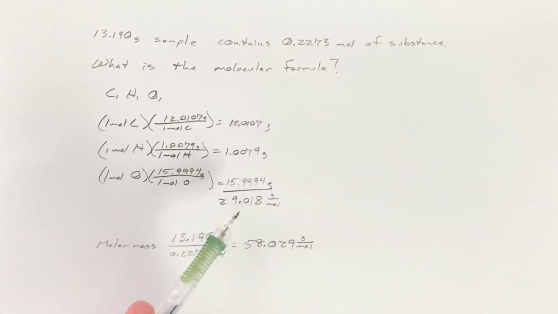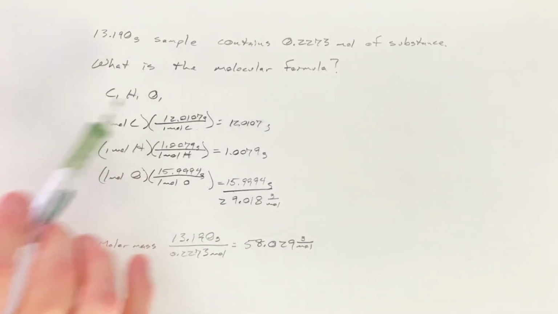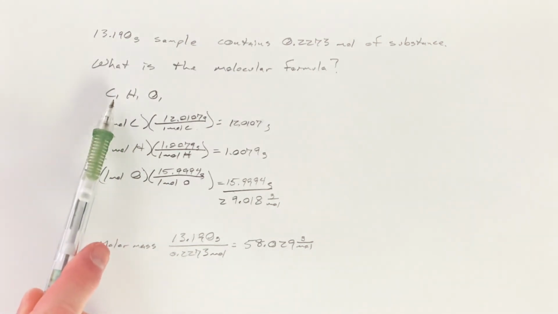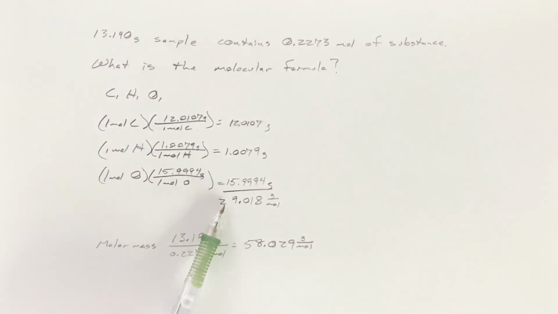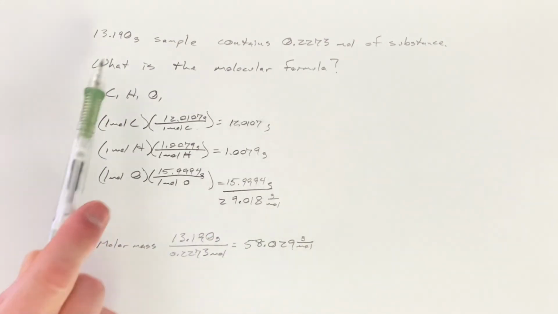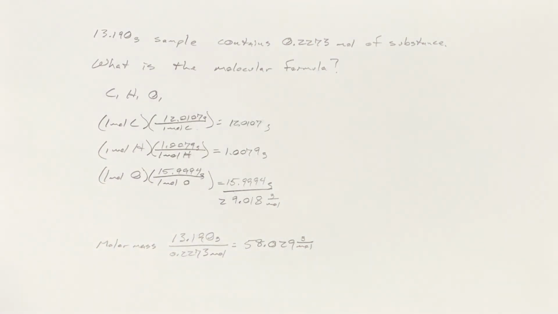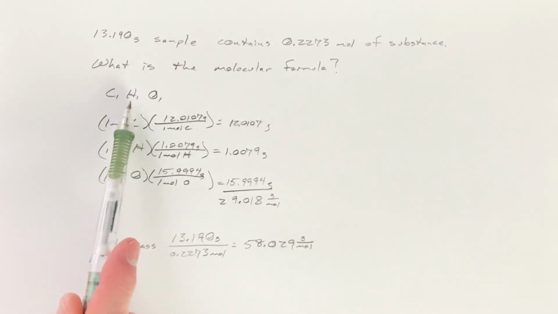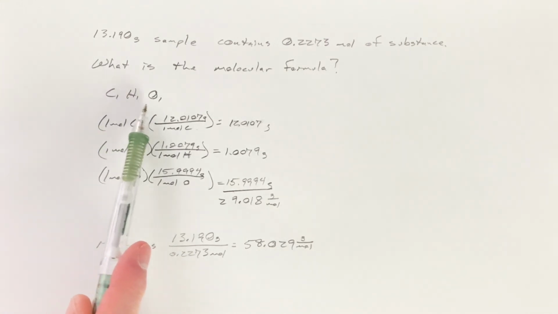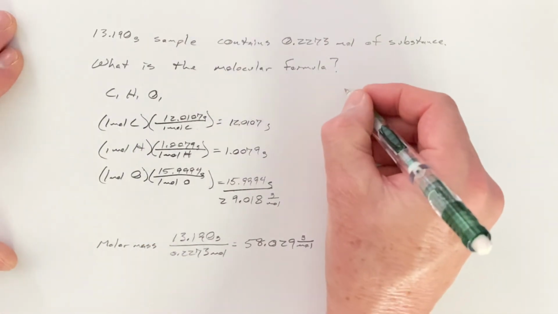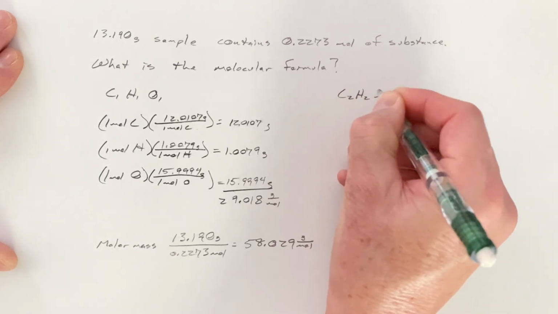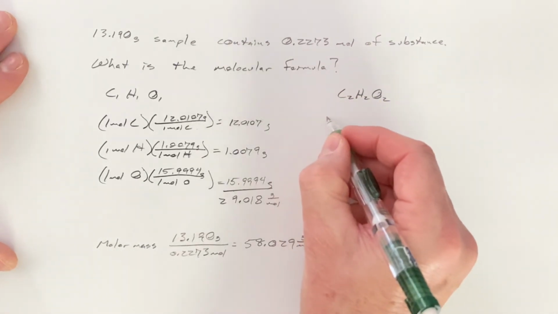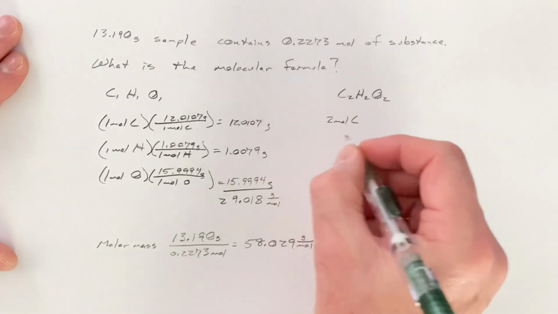Well, we look at the molar mass for the formula CHO, and we realize the molar mass for the formula CHO is 29.018 grams per mole, but the actual molar mass of our sample is 58.029 grams per mole. We said then that the other possibilities were C2H2O2, C3H3O3, C4H4O4. Let's try C2H2O2. In this case, we would have 2 moles of carbon